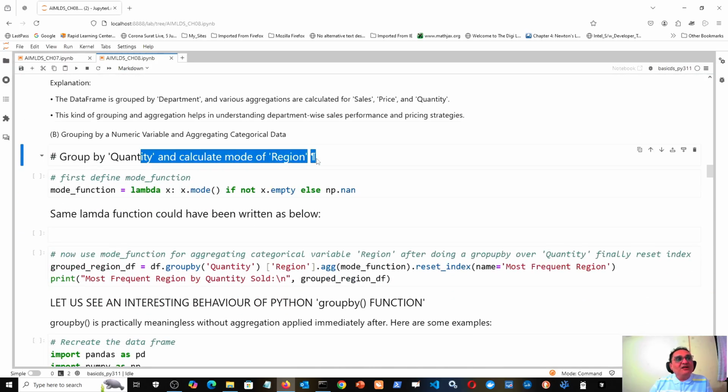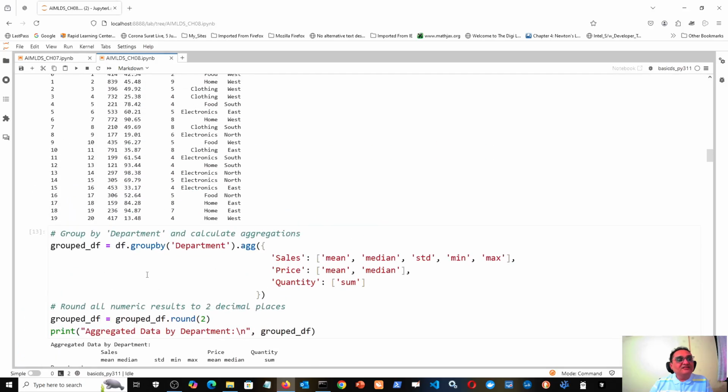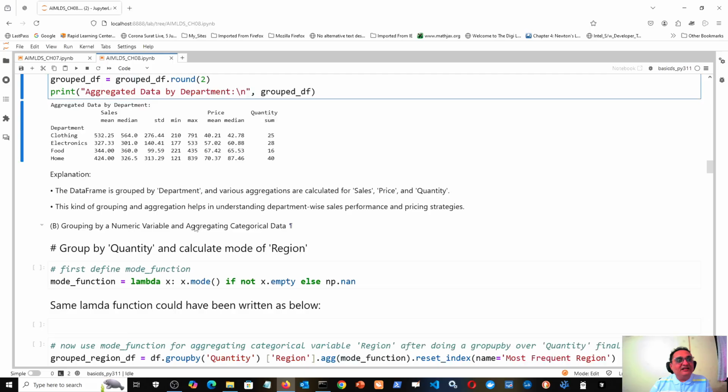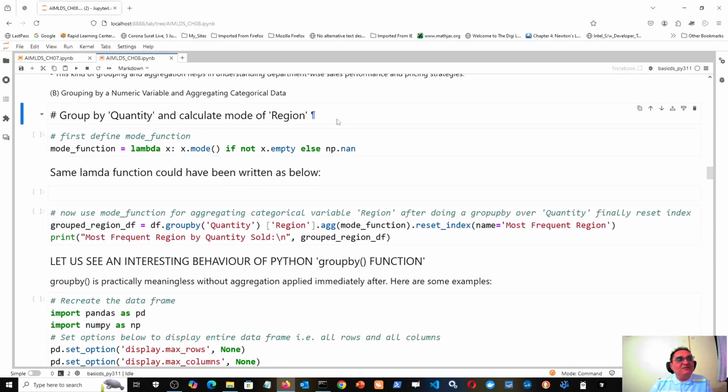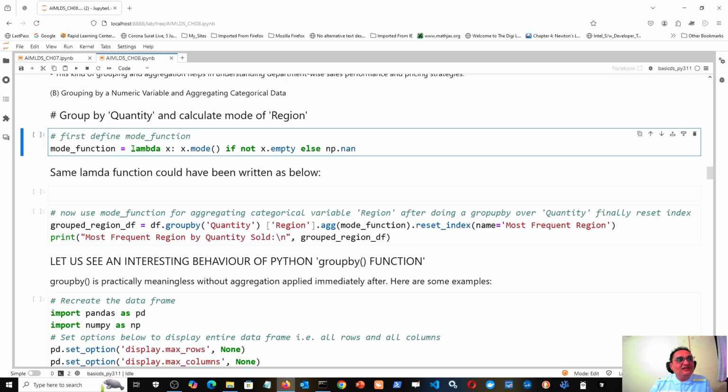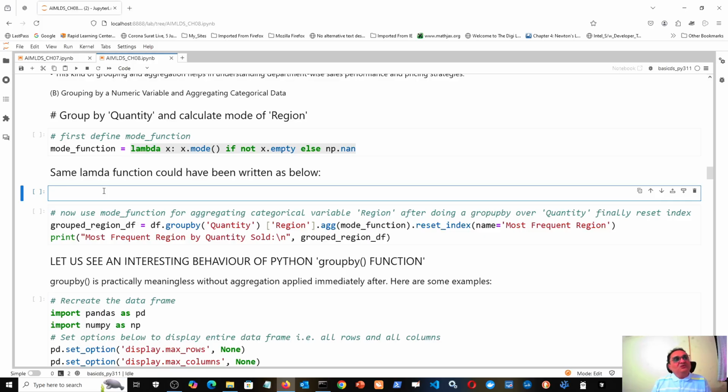Now group by quantity and calculate mode of region. This is second example. Previous was grouping by department and aggregating. Now here group by quantity and calculate mode of region. Here I am using a lambda function. So this lambda function is coming out to be once again. Okay. Now to understand what this lambda function is, let us write the equivalent of our usual function so that